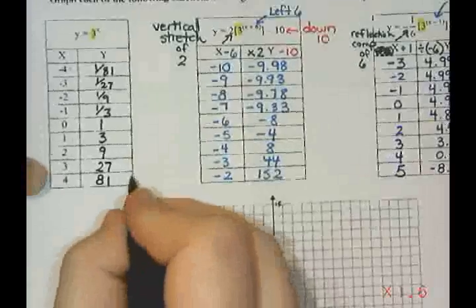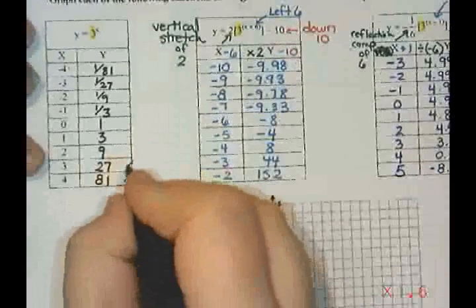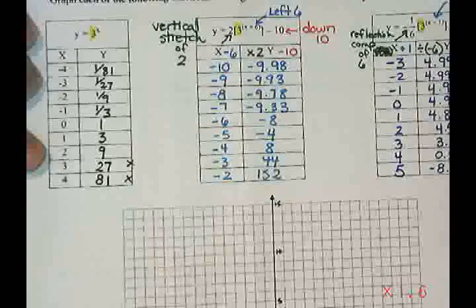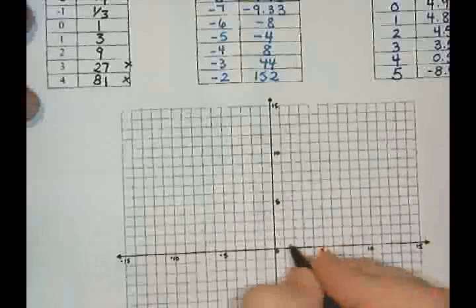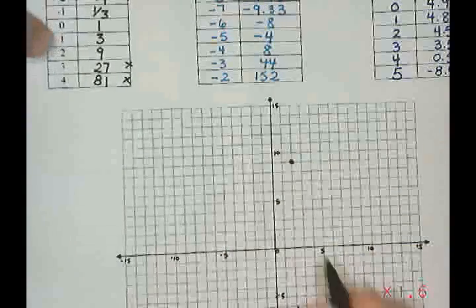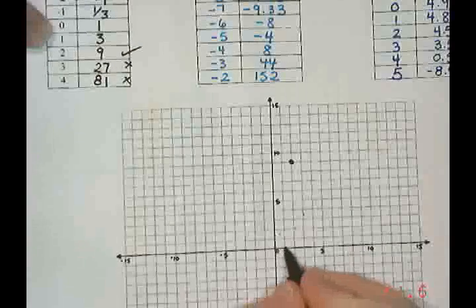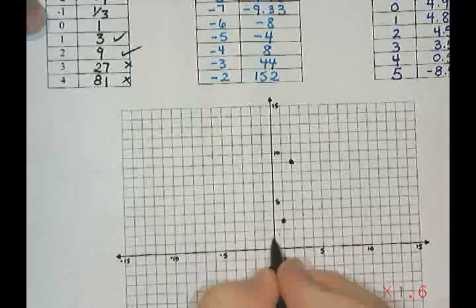So I cannot graph 81. Unfortunately, my graph does not go that high. It also does not go all the way up to 27. So I'm going to start with 2 and 9, since that's really the first point that I'm going to be able to plot. So 2 and 9 is right there. 1 and 3, 0 and 1,